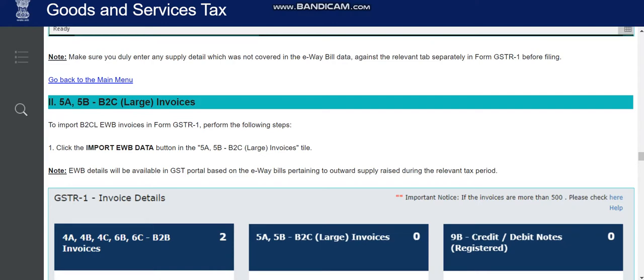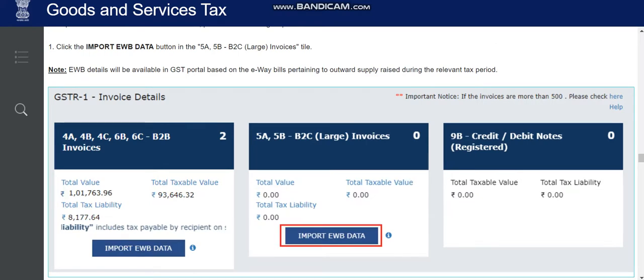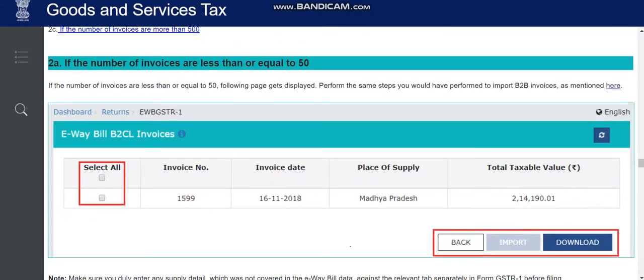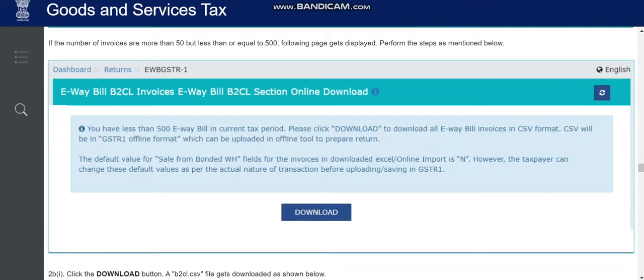Now the same way, we can import the e-way bill data for B2C tables. You just have to click on the import e-way bill data button. As you can see, in a similar way to how we did B2B, the same options are available for B2C. You can select the checkbox and import it.